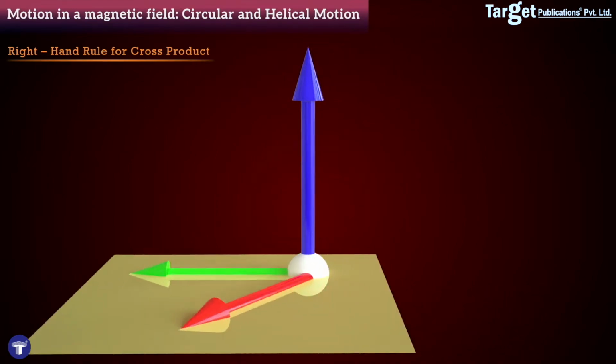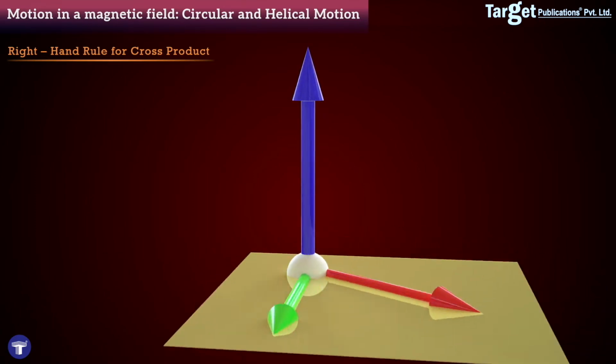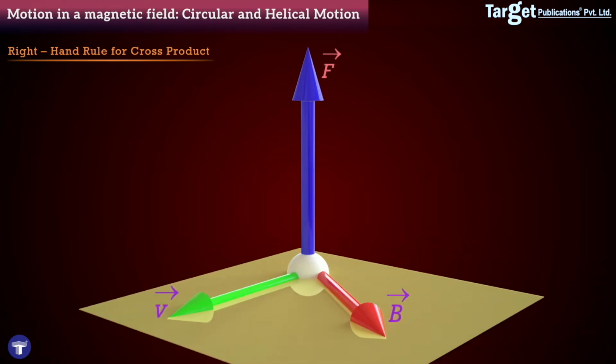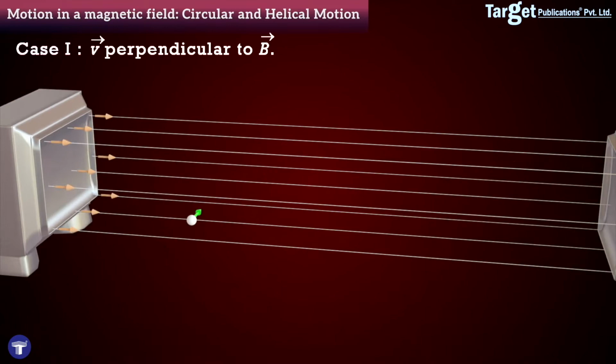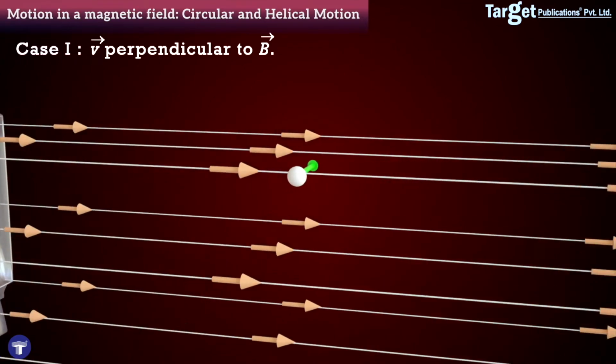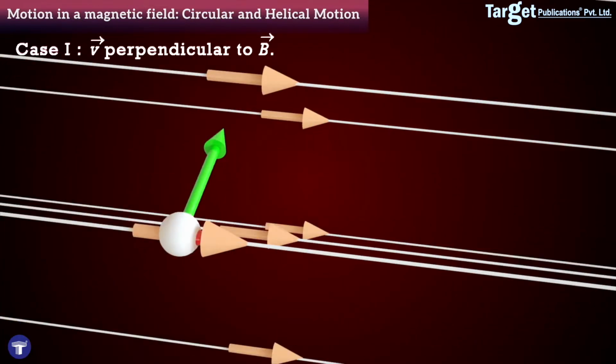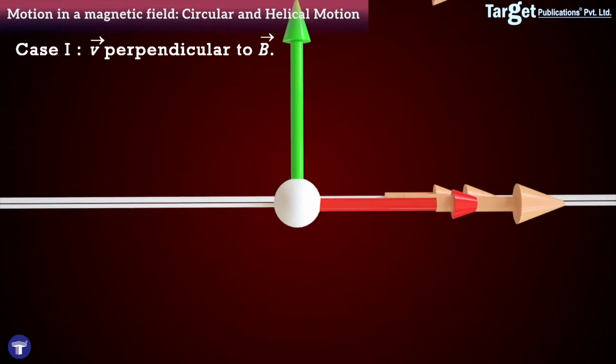It is then clear that the force is perpendicular to the plane formed by the velocity and magnetic field vectors. This is the right hand rule for finding the resultant of a cross product. We will use this rule to understand the motion of a charged particle in a uniform magnetic field. We first consider the case of a particle moving with a velocity v such that the velocity is perpendicular to